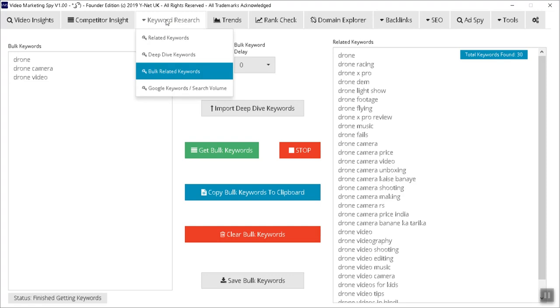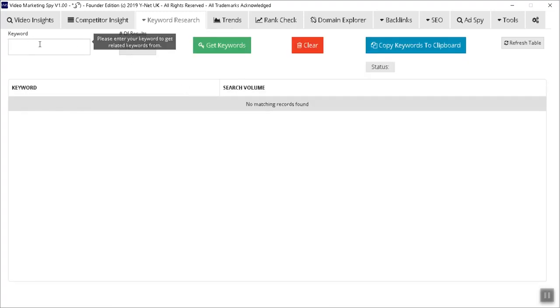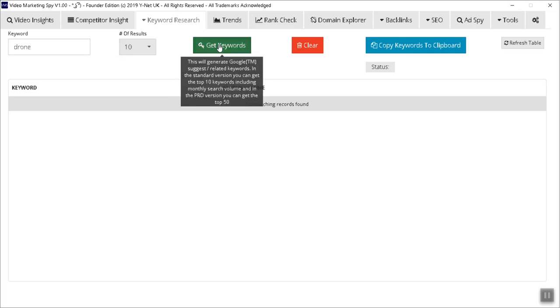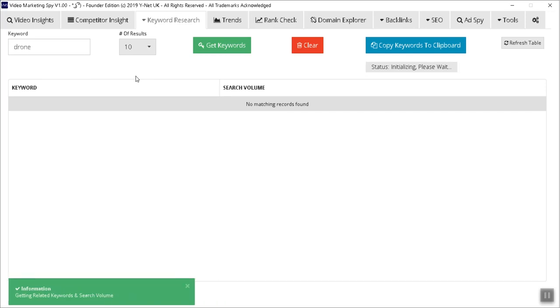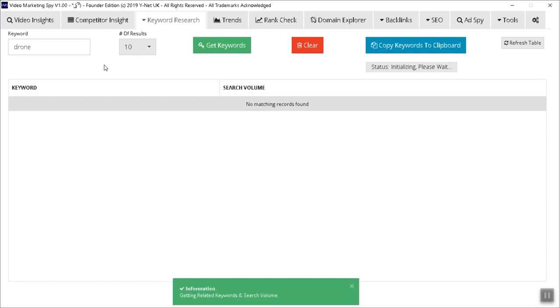related keywords mode. Now what we've got is Google keywords search volume. Now what this is handy for. So let's type in the word drone. Depending on what version you got, it depends how many search results that you'll see here. Click get keywords, and then that's going to go and get the top 10 keywords direct from Google, including the